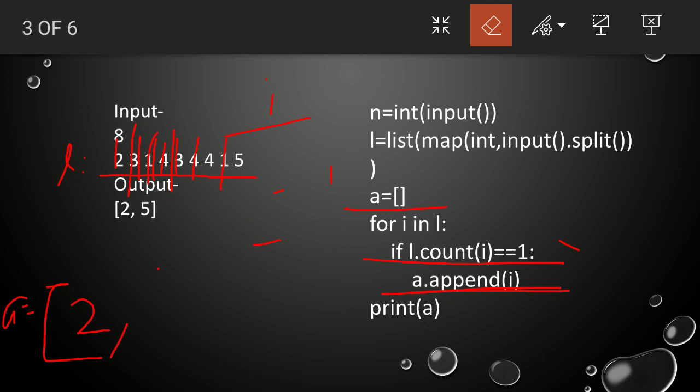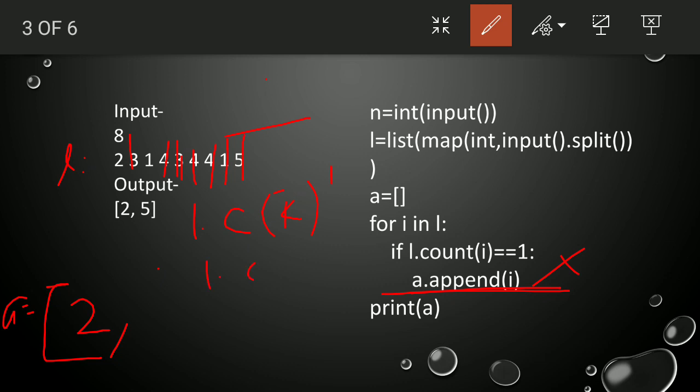After that, again L dot count of i, now i is equal to 4. L dot count of 4, so what is L dot count of 4? It is 3, its occurrence is 3 times in the list. So is 3 equal to 1? No. Now again 3, L dot count of 3 is again 2, it will not. 4 occurs 3 times, no. Now 1, again 1, now 5.